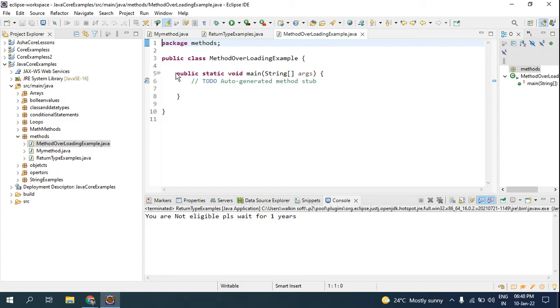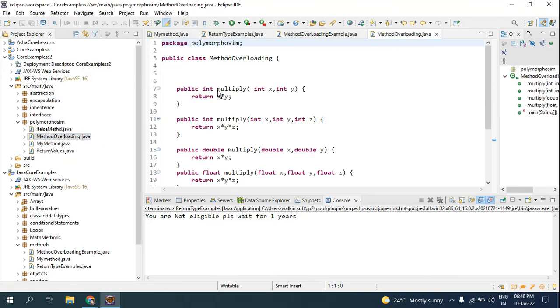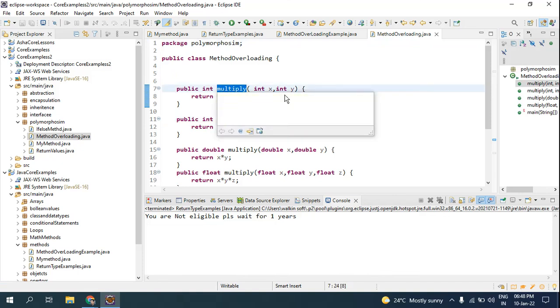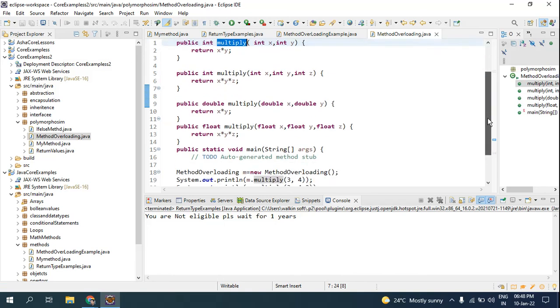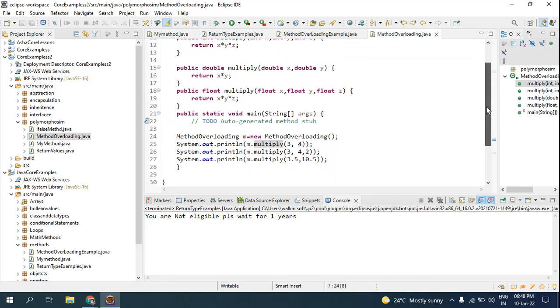Here I have an example which I have taken from the previous session. You can have the same method name, but as you can see, you can have a different number of parameters. So this is all about method overloading.